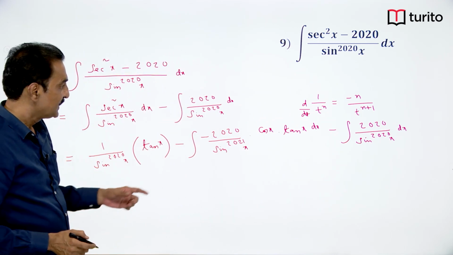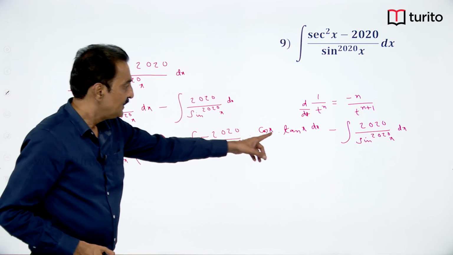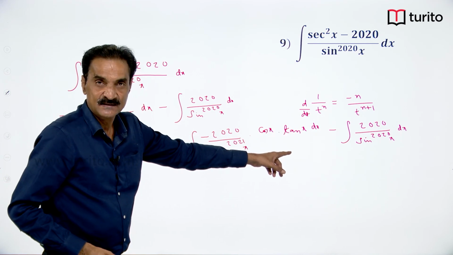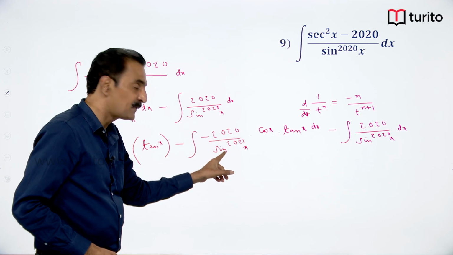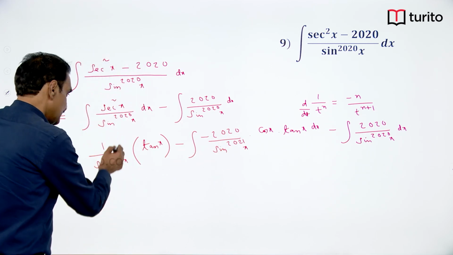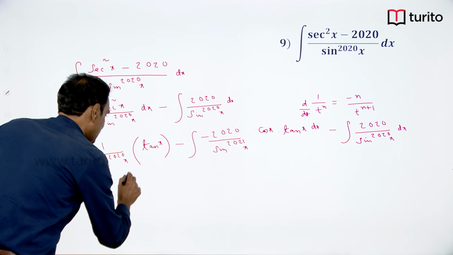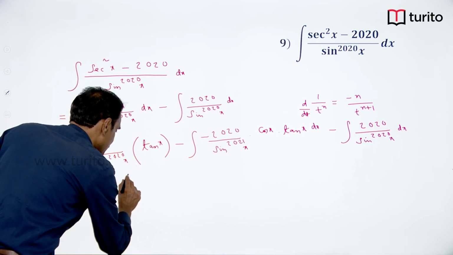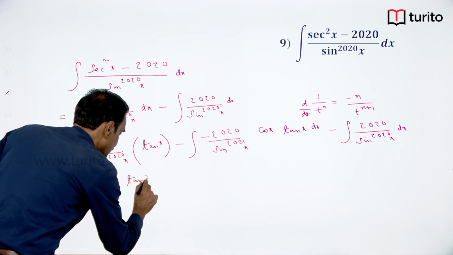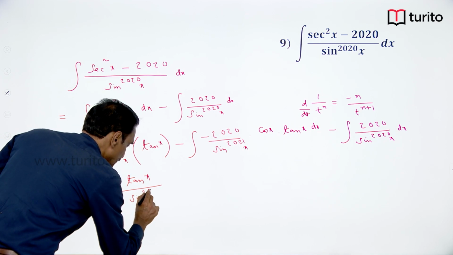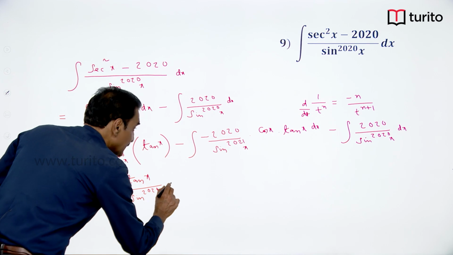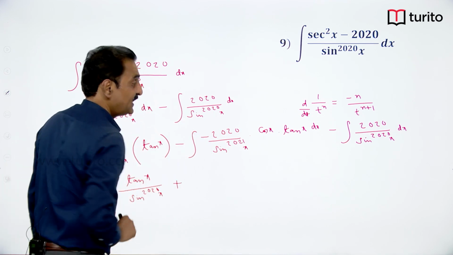Now observe it, here tan x is sin x by cos x. So, cos x cancels and that sin x can be cancelled from here. So, this is tan x by sin power 2020 x plus, minus into minus is plus,